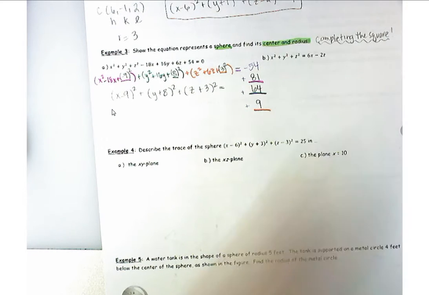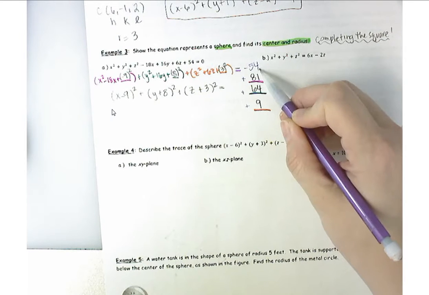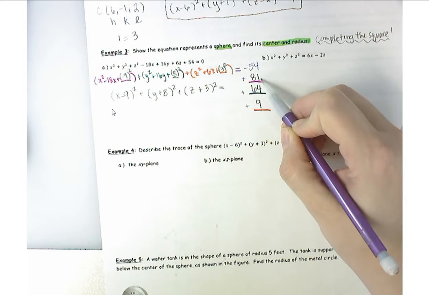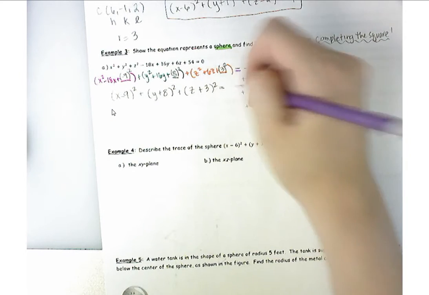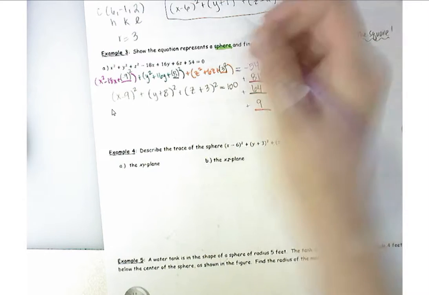And what did you guys get? This is what I would do. 64 minus 54 is what? 10. So 10 plus 81, 91, plus 9, 100. Okay, so then my center,